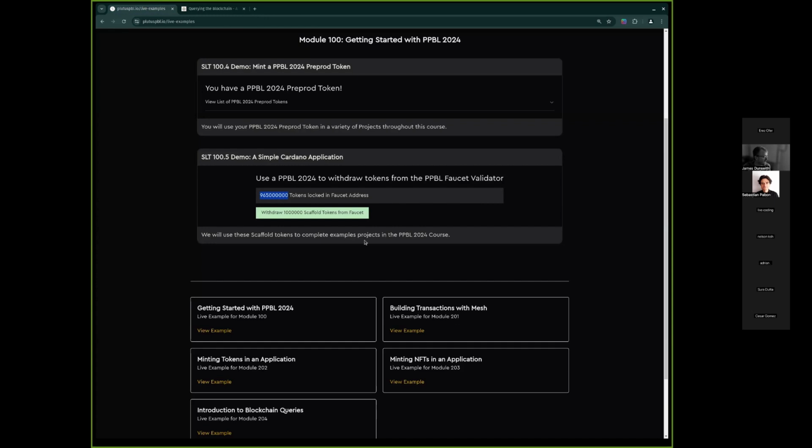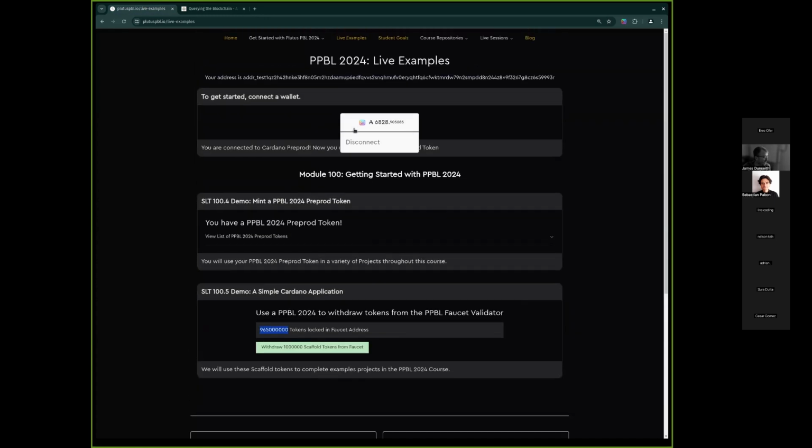Sometimes that information comes from the wallet that I've connected. Okay, so my wallet with this pre-prod address has a little less than 7,000 test ADA in it, and it has a PPBL 2024 token. And the reason this application knows that is because my wallet is connected. Wallets already have a lot of blockchain query capabilities built in. But sometimes to build a transaction,